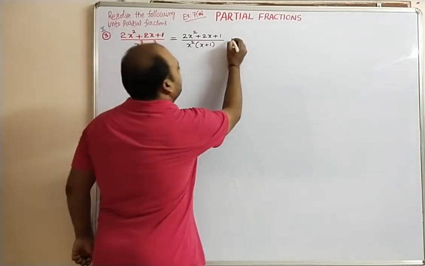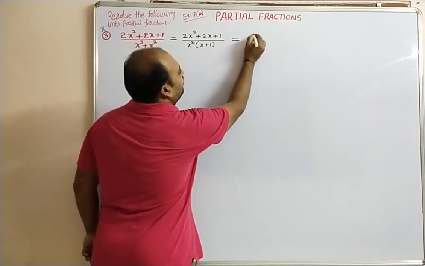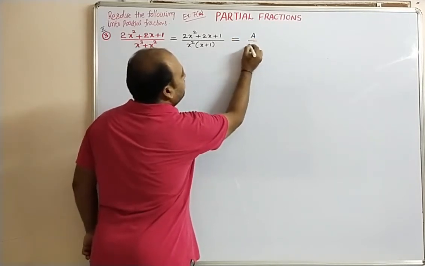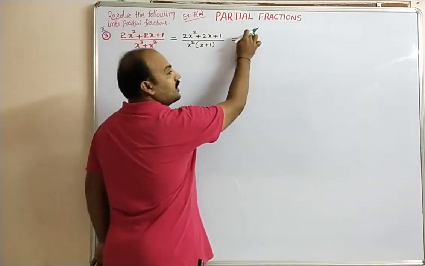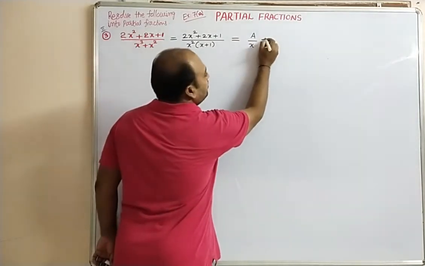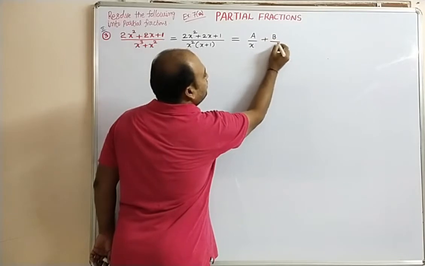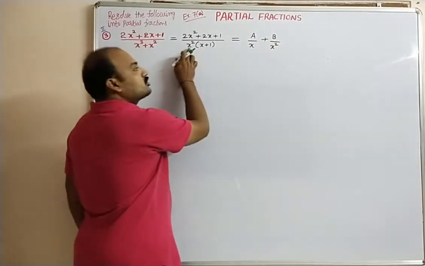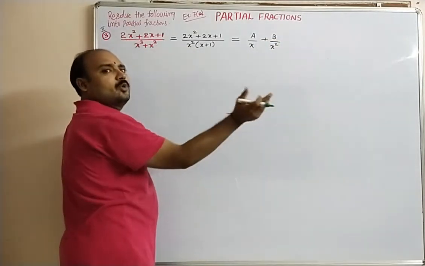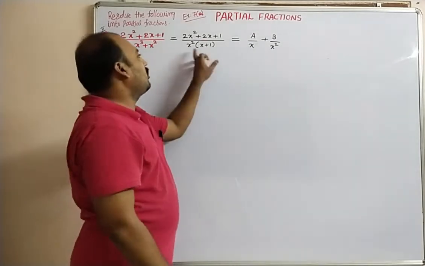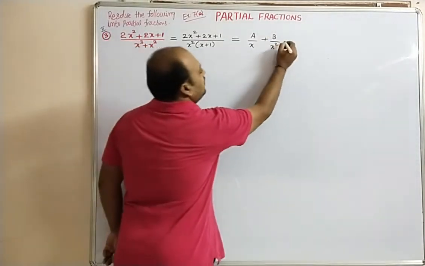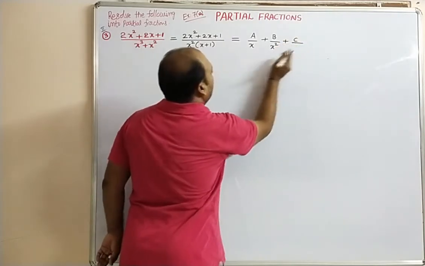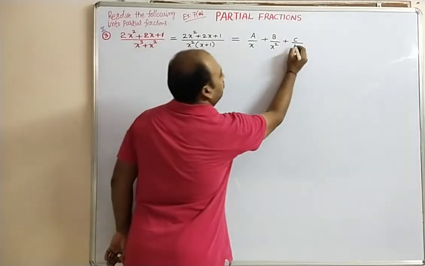Therefore, we can write it in the partial fractions form: A divided by x. x is repeating twice now. So first time A by x, plus second time B by x square. If x cube were there, it would mean third time C by x cube. Here only x square is there, so we write till B by x square, plus C divided by another linear factor, x plus 1.